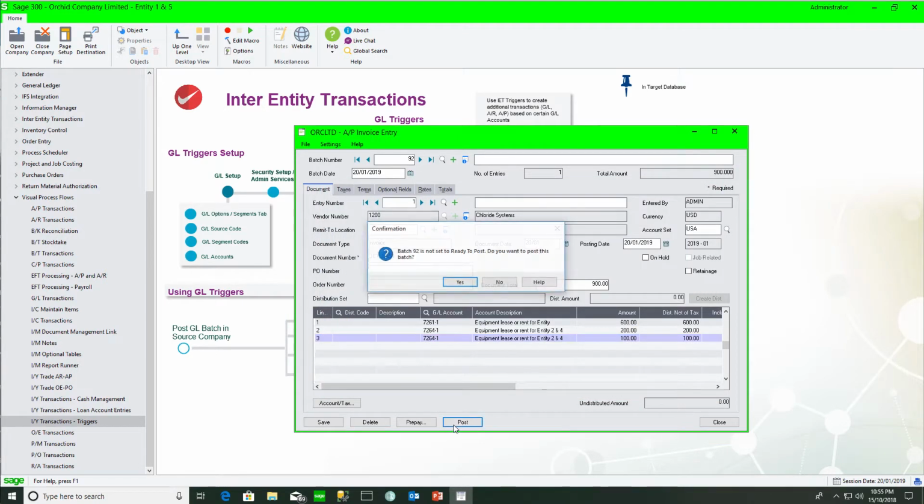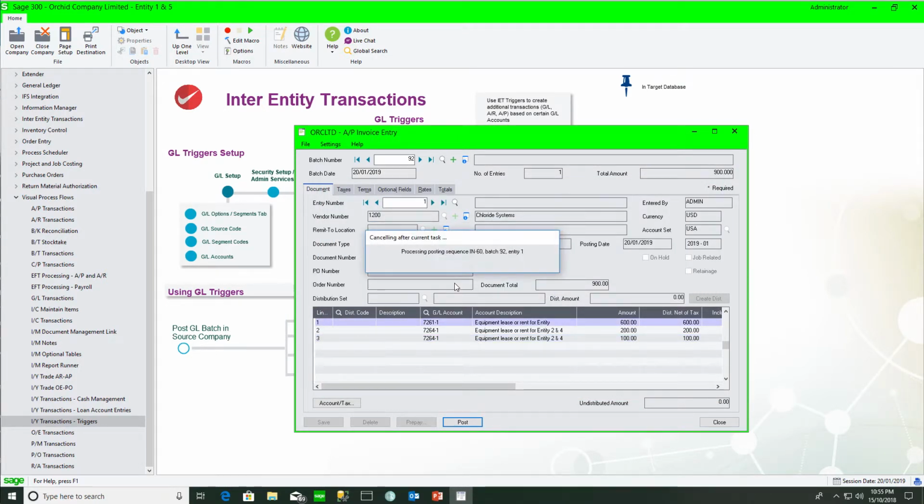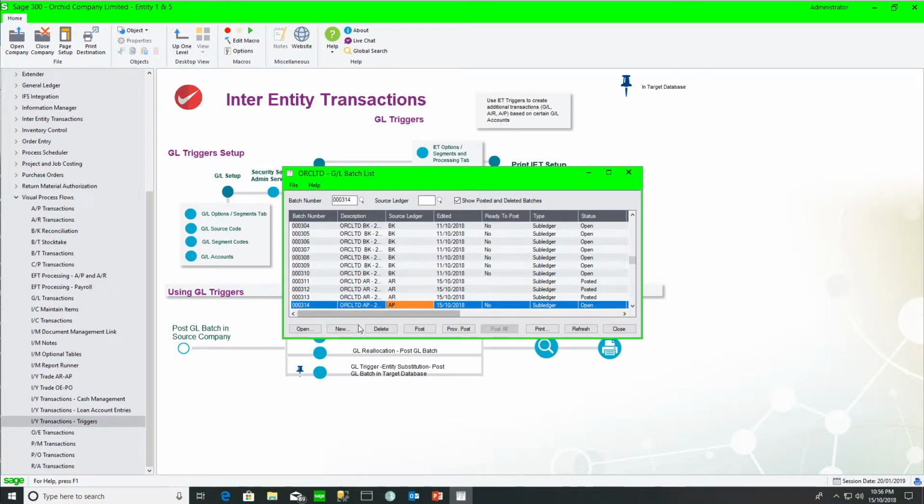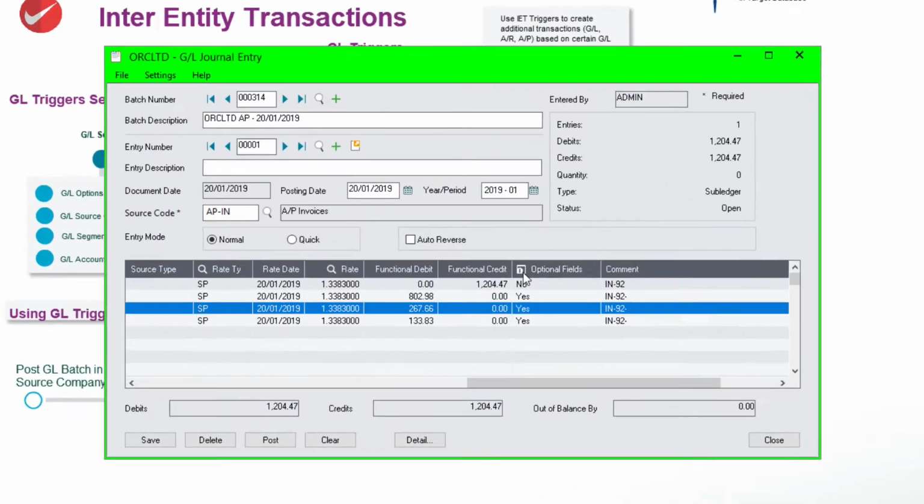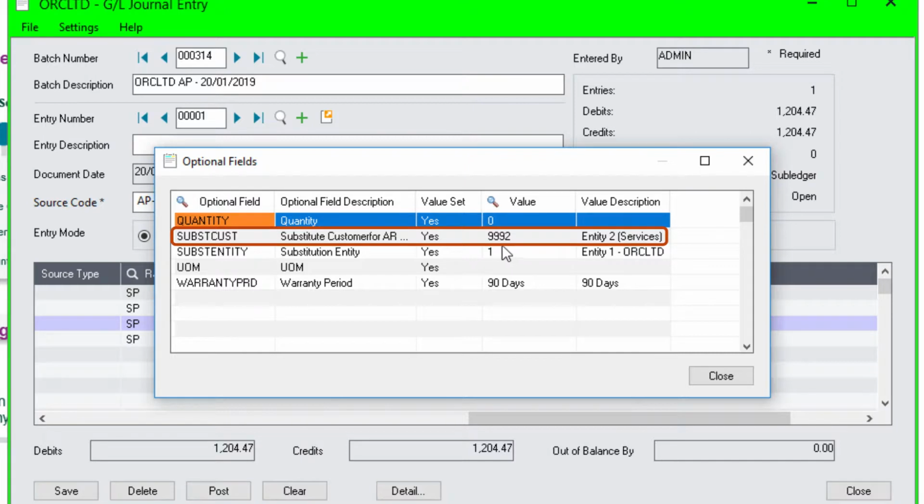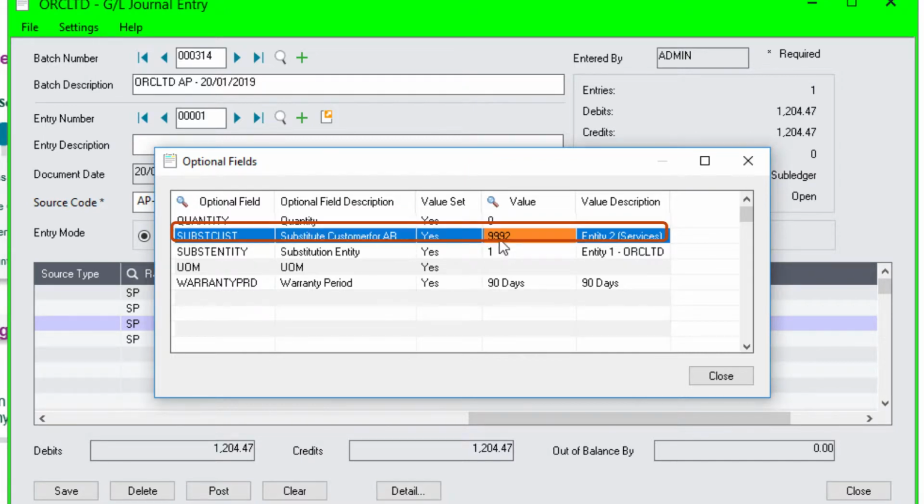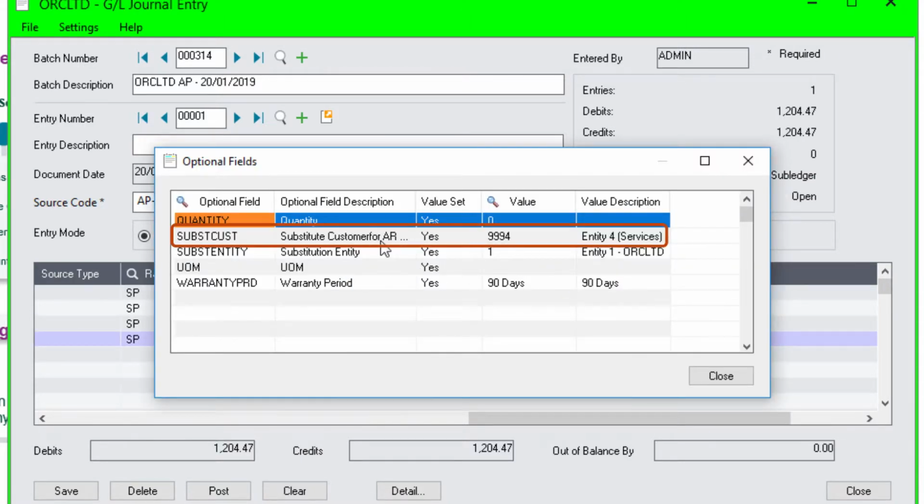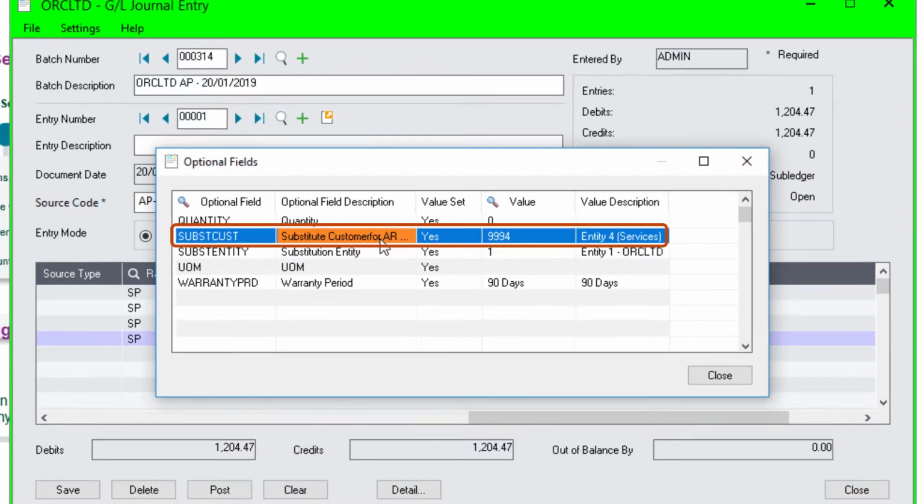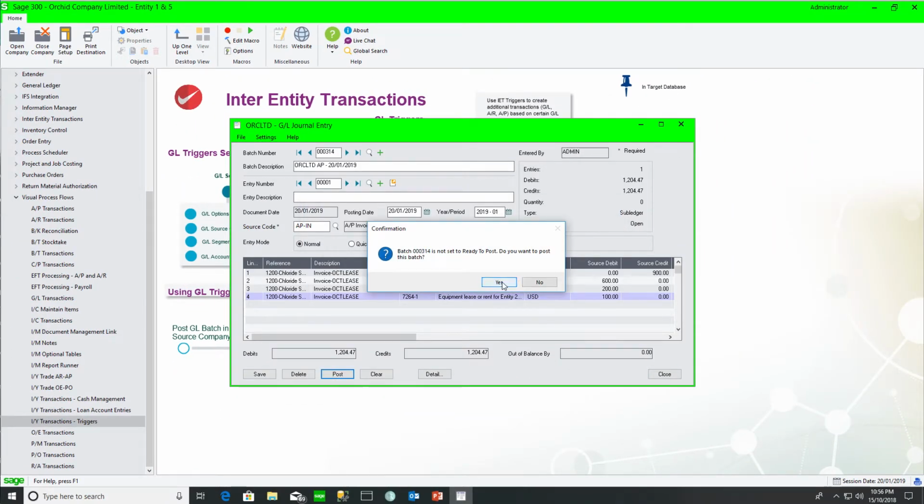It's when the batch gets posted in GL that we will get the inter-entity triggers happening. Opening up the GL batch, we see the accounts payable entry, and for the amount going to Entity 2 and Entity 4, we have the appropriate optional fields. Substitute customer 9992 for the $200, and substitute customer 9994 for the $100. Posting this batch,